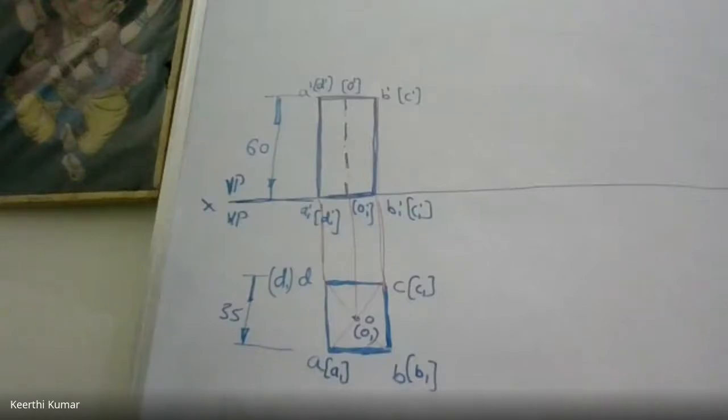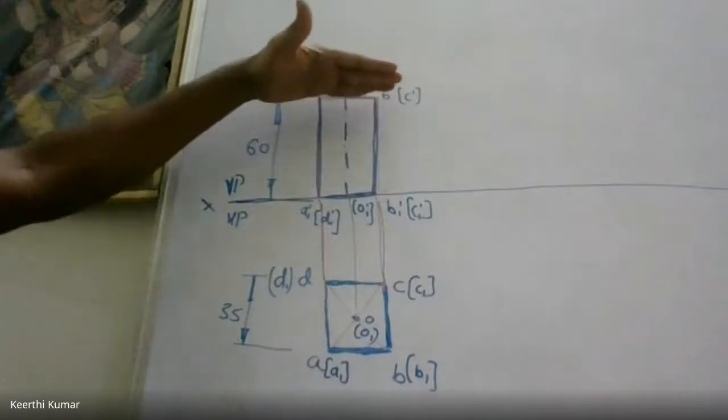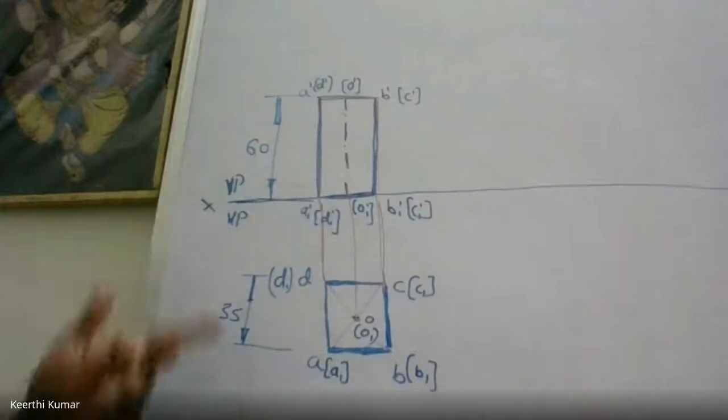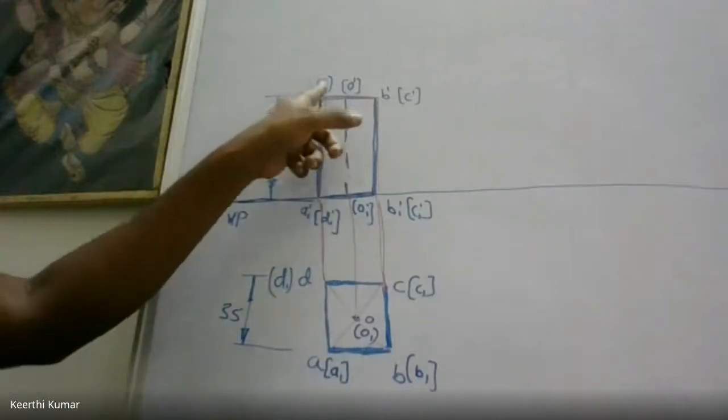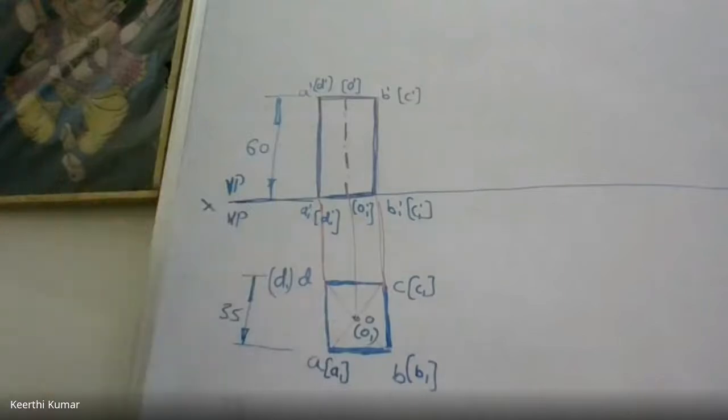This is nothing but a combination of two laminas. One is at the base and one is at the top. The top lamina is A, B, C, D, E and O, and the bottom lamina is A1, B1, C1, D1, O1. So how to name this? Why is A dash not in bracket, and D dash is in bracket? Same as the concept of lamina.